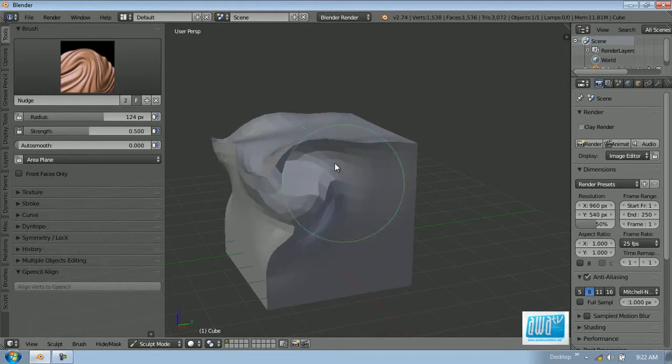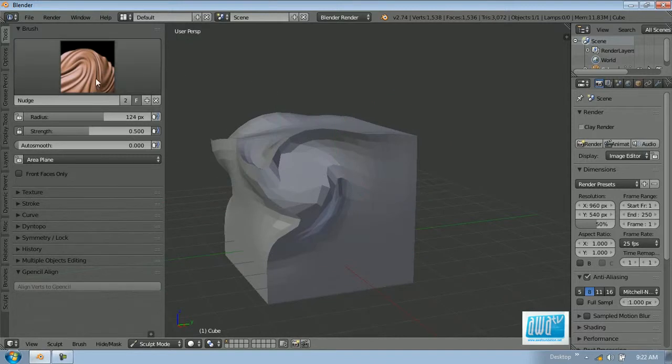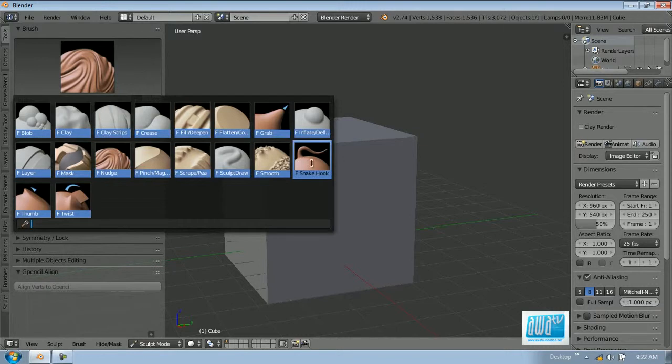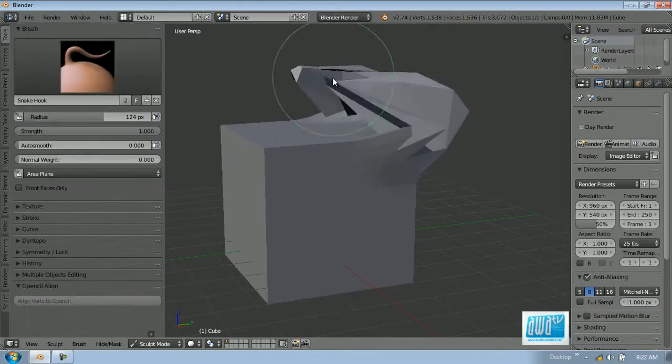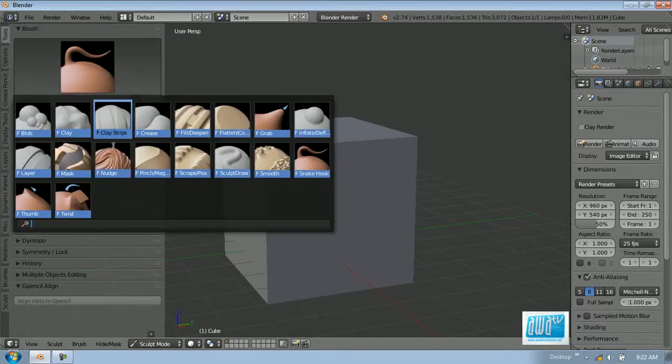and just move around, it does what the nudge does. So you can see in the drawing, which is very well represented. You can also bring out the snake hook and move it around, and it's well represented in the preview. Also, you could scrape